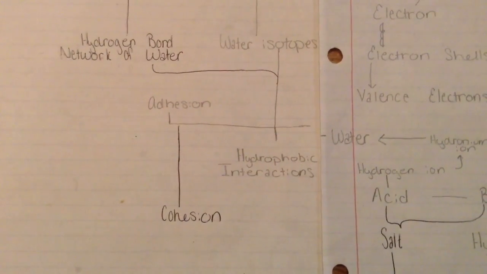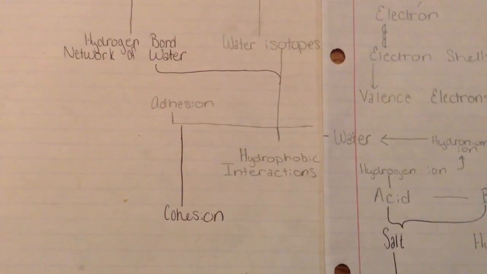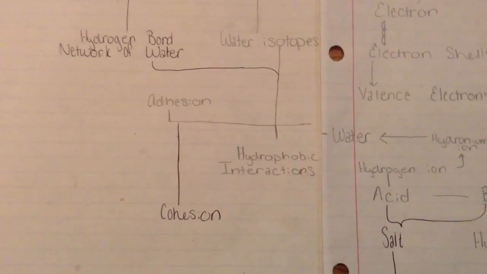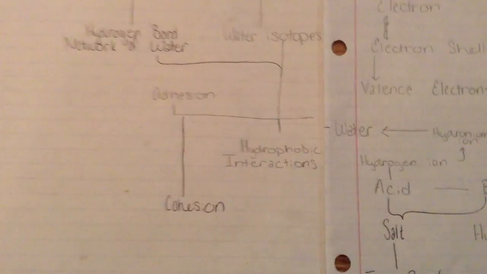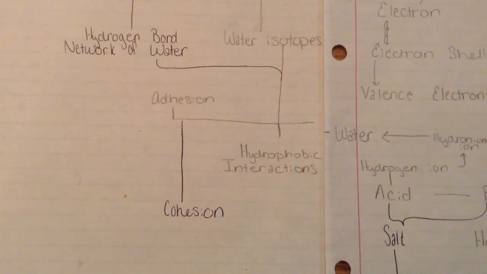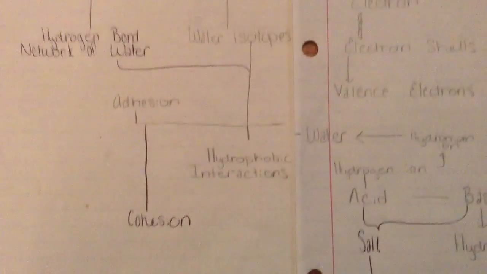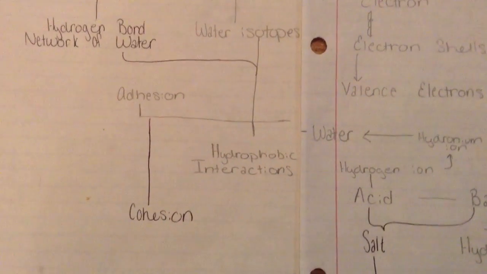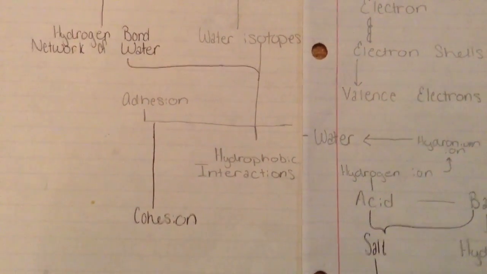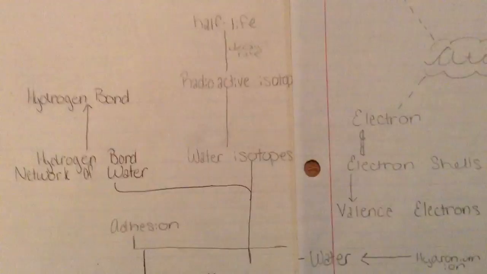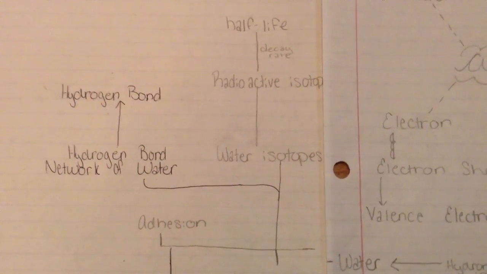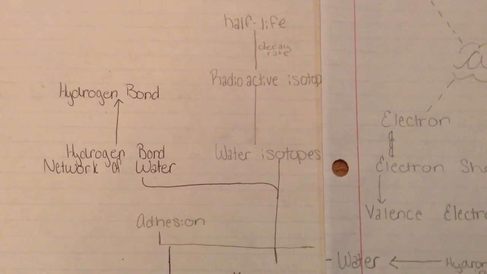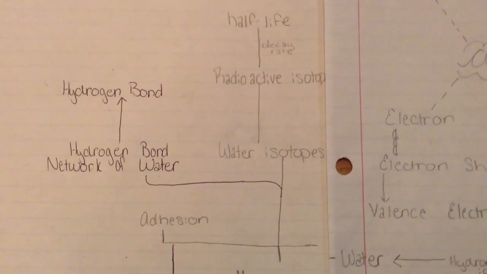Hydrophobic interactions is also connected to water. Hydrophobic literally means water hating or fear of water. Certain things like oil, for example, repel water, and that's what hydrophobic interactions do. And then connected also to water are water isotopes, and almost all elements have an isotope, and that is